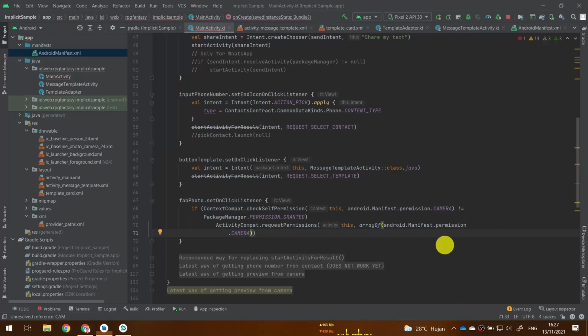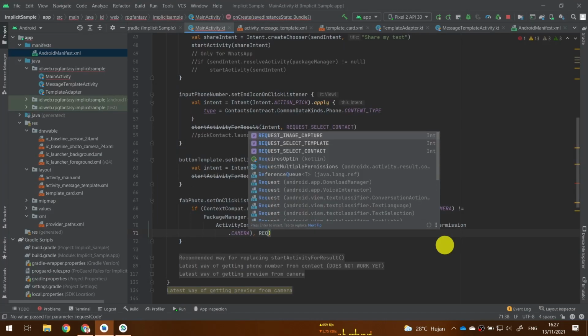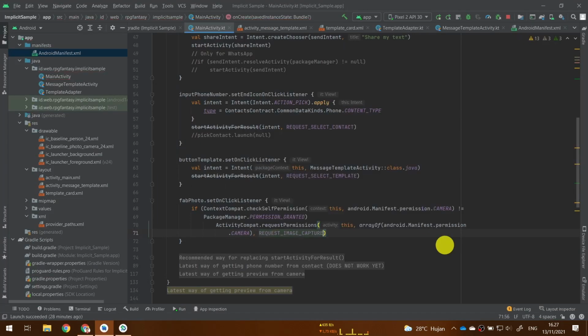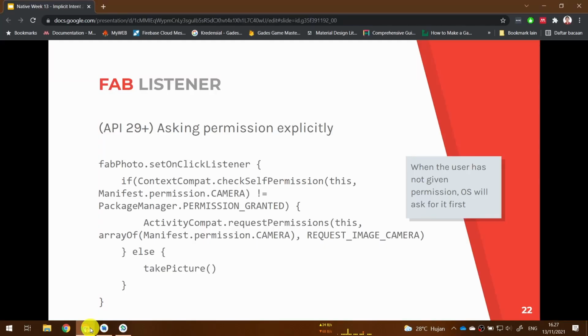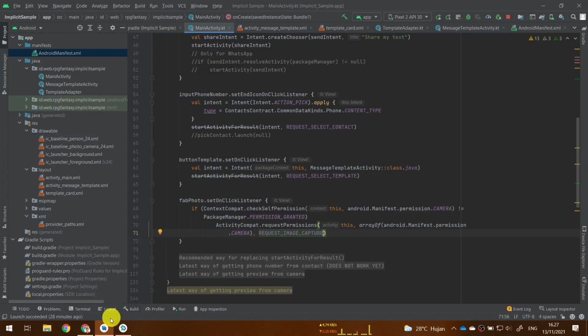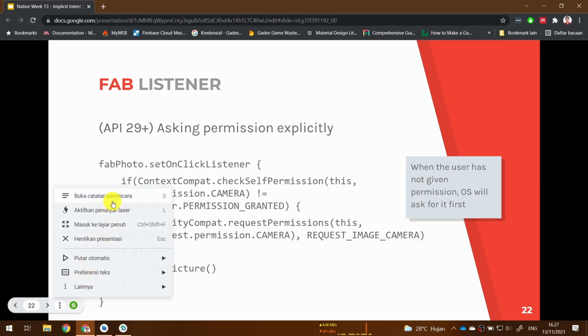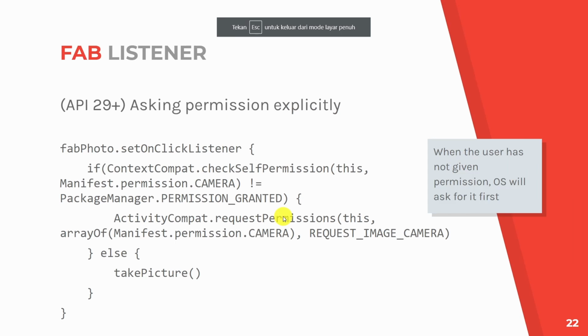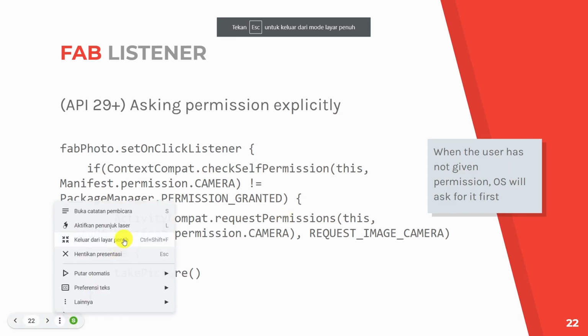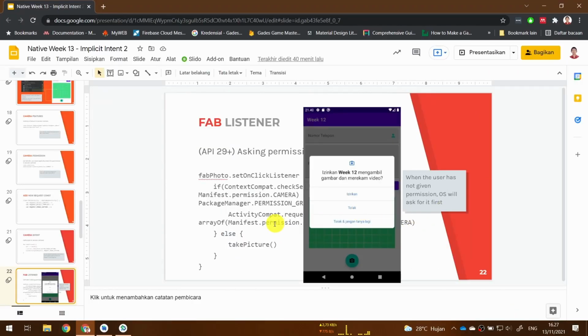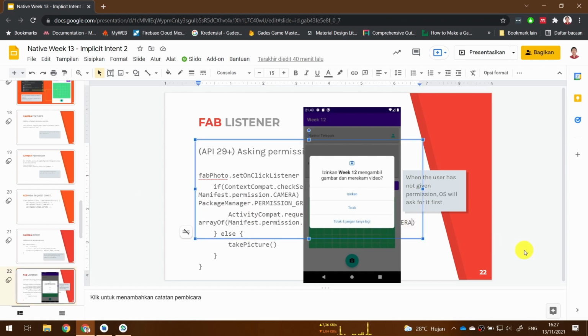And then the third one is the request code, request image capture. Sorry, I think I have a typo here. It's not request image camera, but request image capture. Let me edit my presentation first.